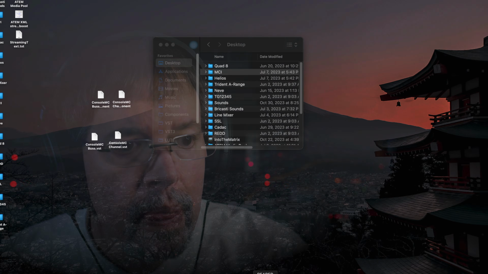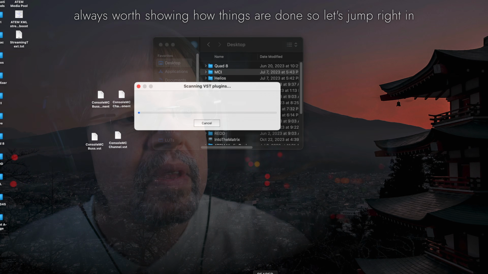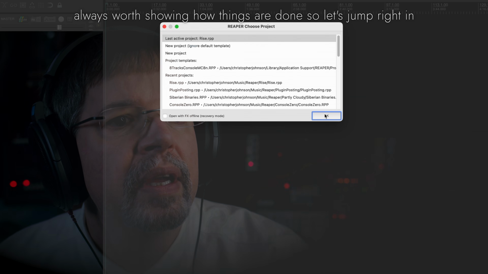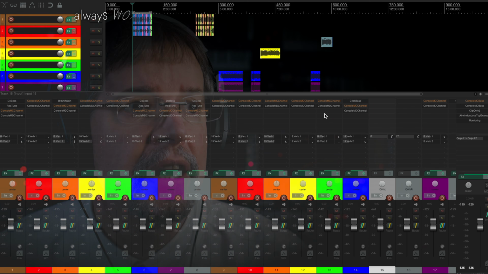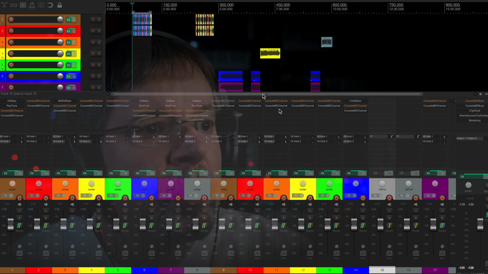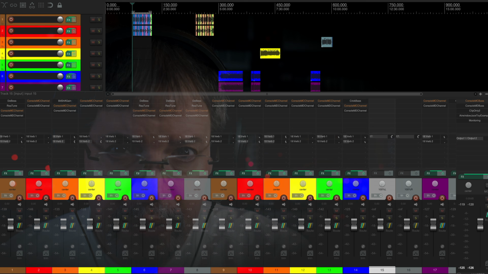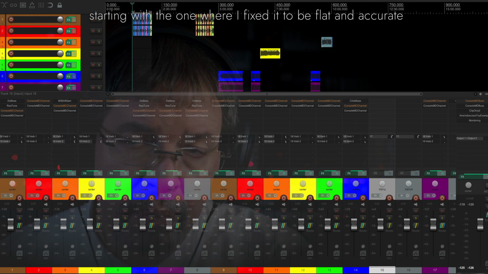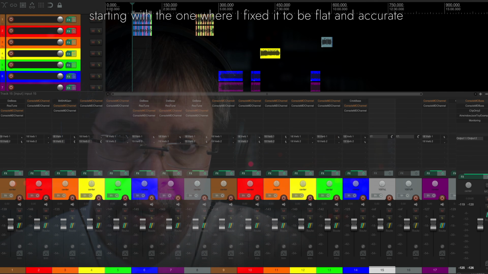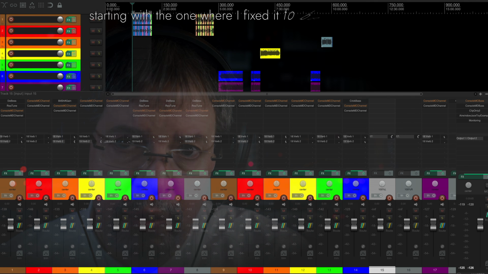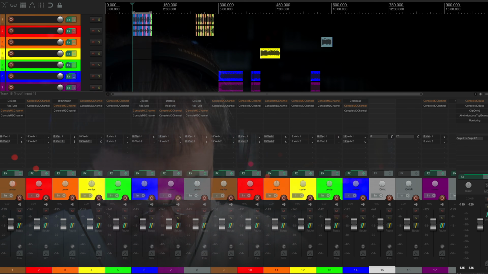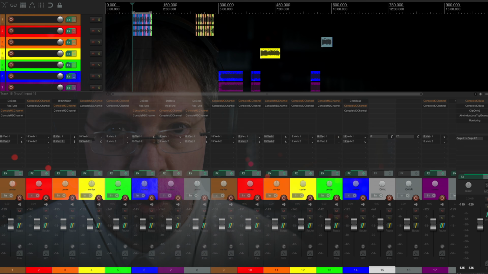We're starting without anything running because this is about me updating ConsoleMC. Here's what I'm doing. I'm going to open Reaper from scratch, and what you were hearing will be ConsoleMD, the fix that I made for a problem that we had. And then we're going to hear what the original sound was, and then I'm going to update the plugins while you watch.